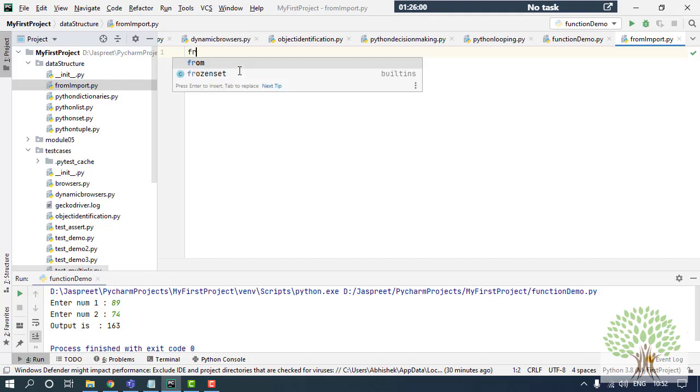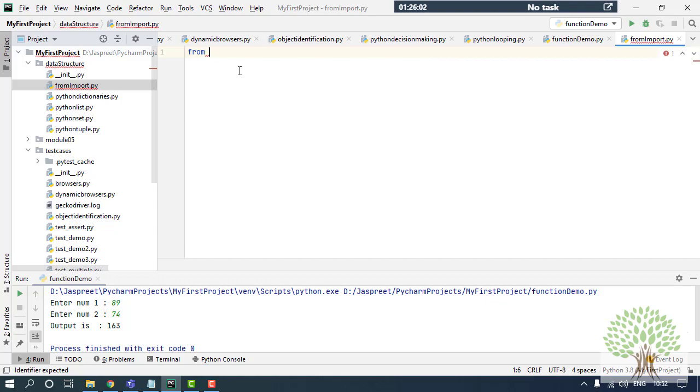The from keyword will specify from where to pick the file, and the import keyword will specify what to import, which particular thing needs to be imported.